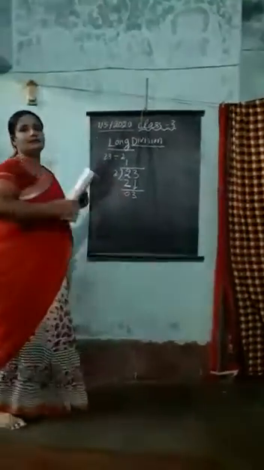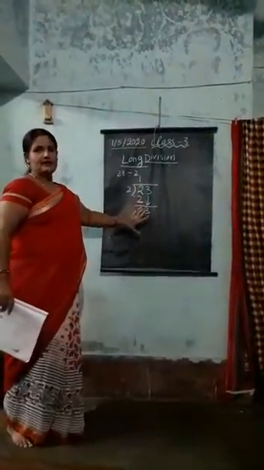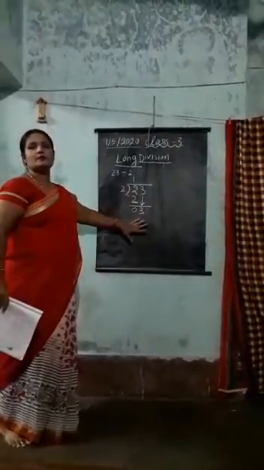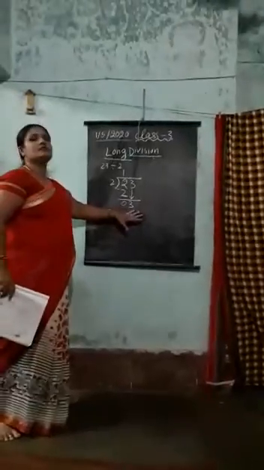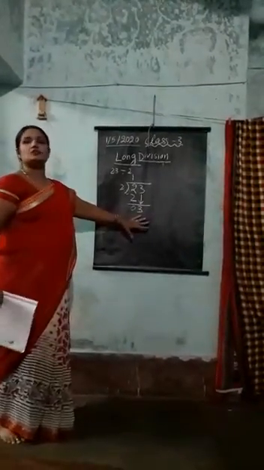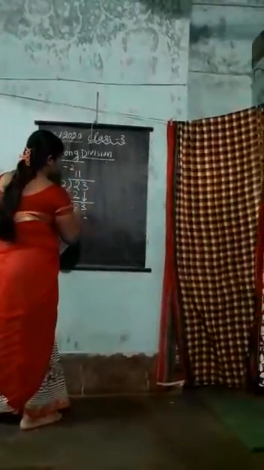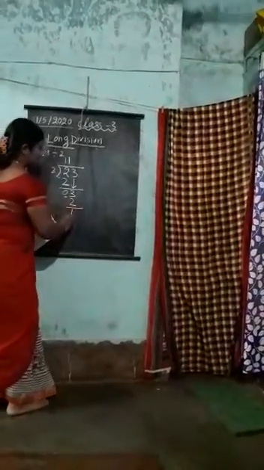We know that in the 2 table we will not get 3. That's why I will tell you, students, you have to keep a smaller number because you have to subtract from the number. That's why you have to keep smaller than 3. So in the 2 table, what is the number smaller than 3? That is 2 only. So you will write here 2 1s are 2. So 3 subtracted by 2 is equal to 1. So this is the remainder.